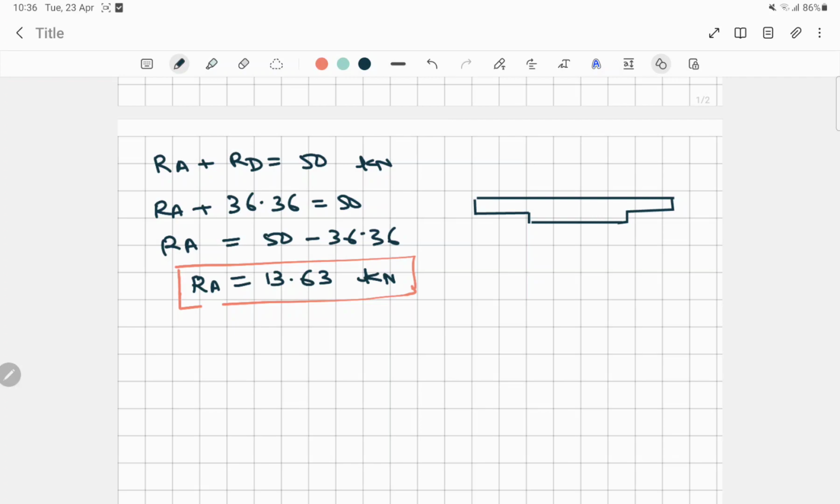Okay, now here one load is acting, that is 50 kilonewton. Let it be A, B, C and D of 2 meter, 2 meter and 1.5 meter. Now we have to draw a bending moment diagram of B and C, right? 2I, it was I and it was also I. So now what we have to do is,